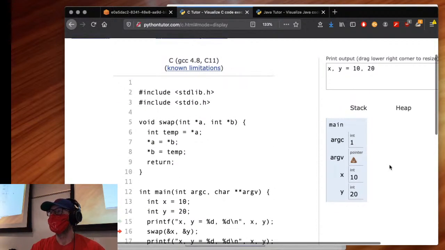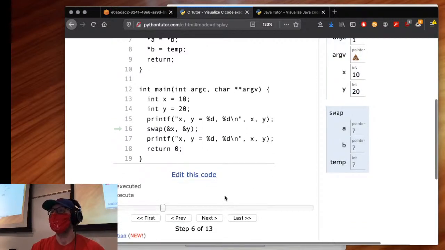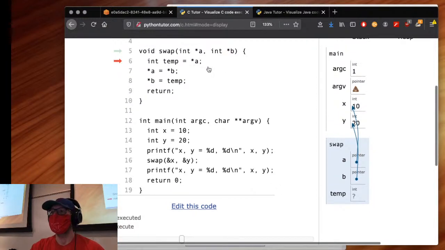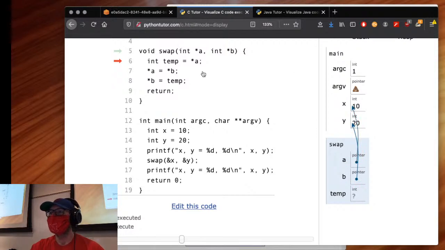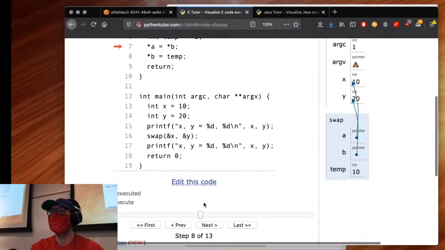print 10 and 20. Over here, though, when I call swap, a new stack frame, and these are pointer variables, they're no longer just regular old variables. They are buckets that point to these guys up here. A points to X, and B points to Y. So that when I go to this bucket, I dereference A, I'm jumping to this memory location so that I can grab the value 10 and put it over here into temp. Right? Then, on the next line,